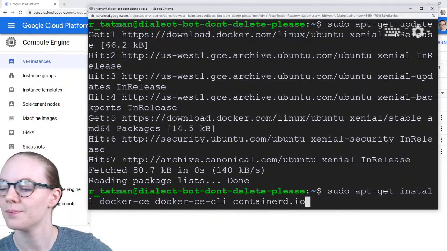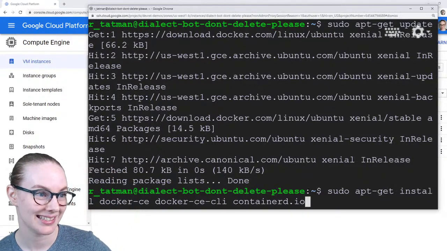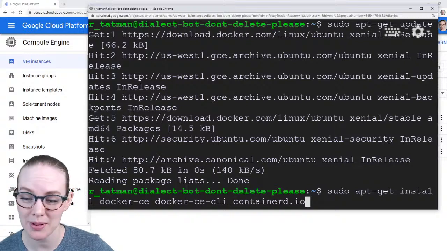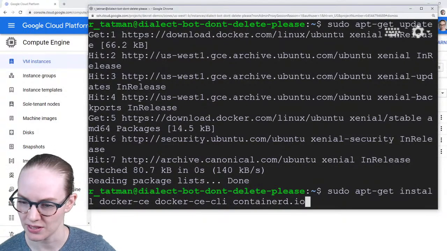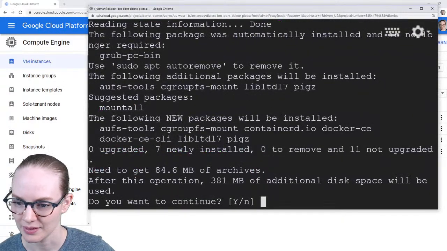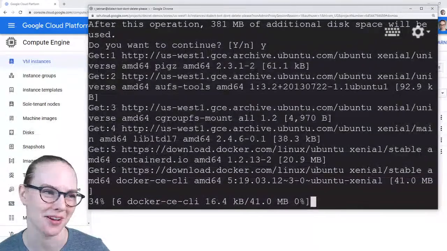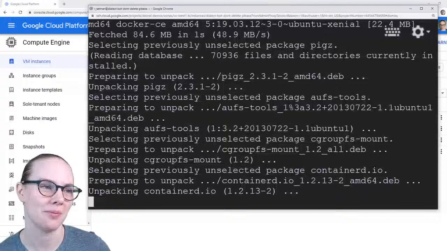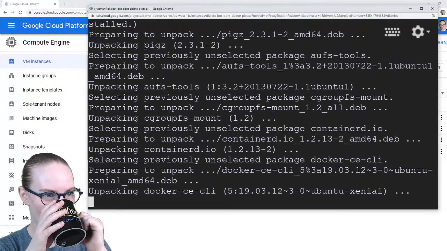So we're installing Docker CE, something engine, and then the CE command line interface. Again, I do not know what CE is, and then containerd.io. Oh, 281 megabytes. Oh, that's a lot of memory. We're fine. We set up this VM with 100 gigs of memory, so we should be good to go.